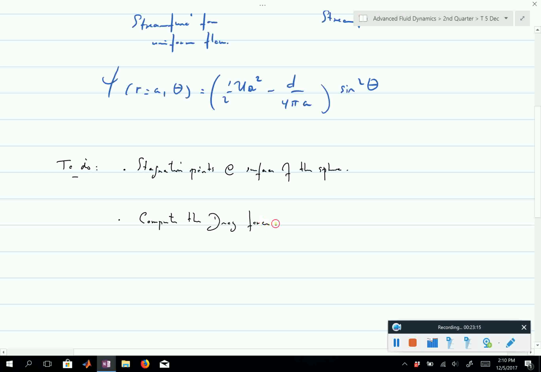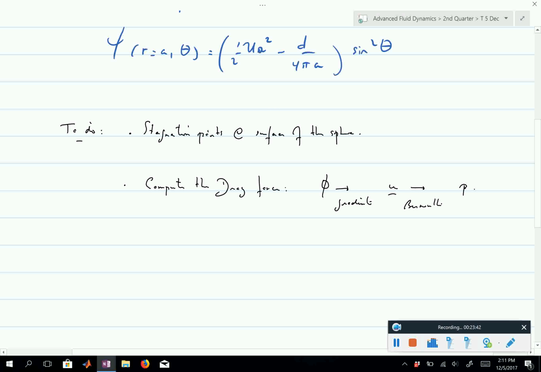Now the procedure is the same as what we had before. You know phi. If you compute the gradient, you know the velocity field u. If you use Bernoulli, you know what the pressure is. Now you identify the constant in Bernoulli at infinity, and then you simply write that the drag is going to be